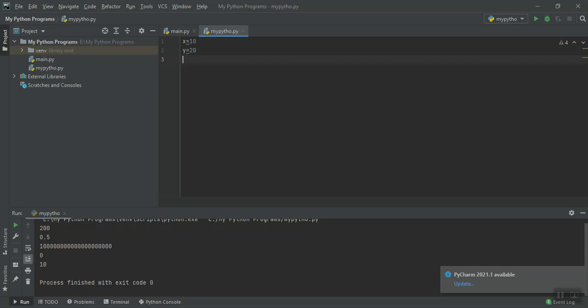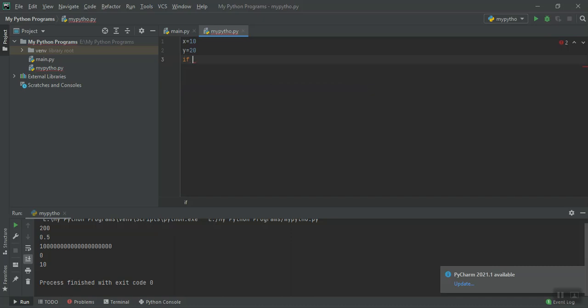I have completed data types. Now we'll be going with the conditional statements, right? We'll see how to check a condition. While doing this, certain things you have to follow.